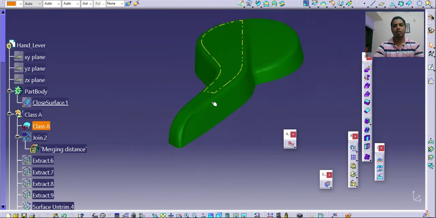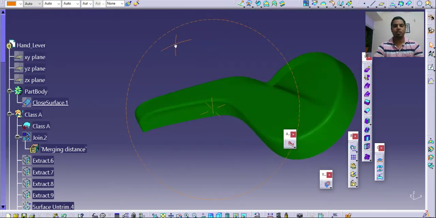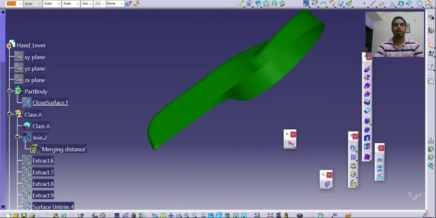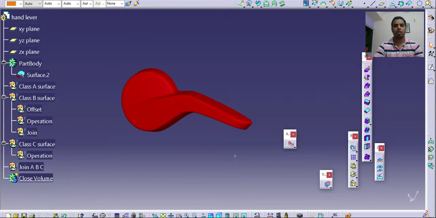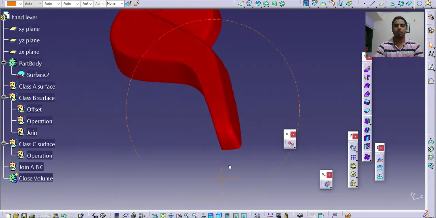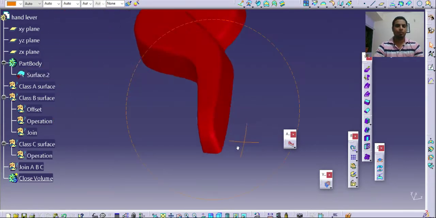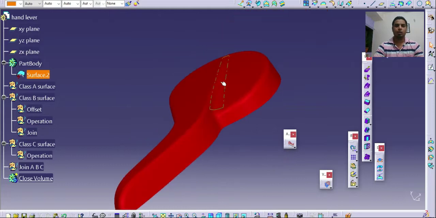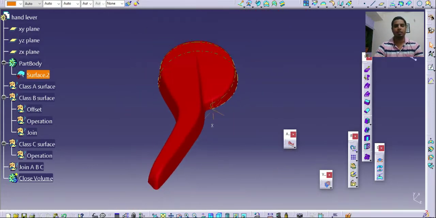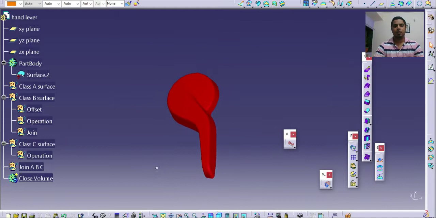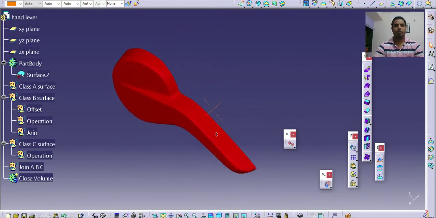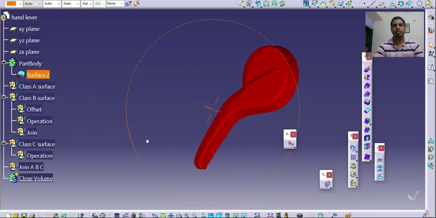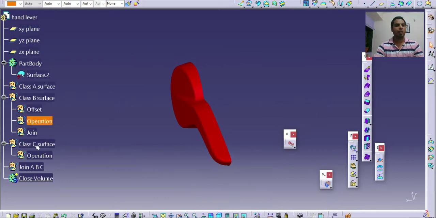we will be carrying out an offset to this given surface. In order to simplify this problem, I have already done some operations to smoothen this portion, in order to have this surface as a class A surface. After creating this class A surface, we will be creating these geometrical sets.